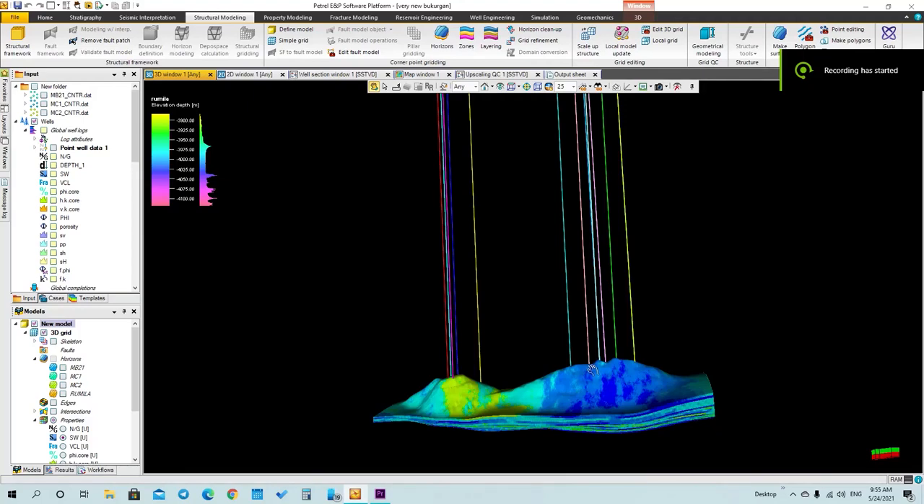Hi everyone, in today's video I'll talk about how we can make a static model. First we will start by dividing the reservoir that we have into smaller grids. Then we will upscale the properties that we have to these grids. And what I mean by properties are